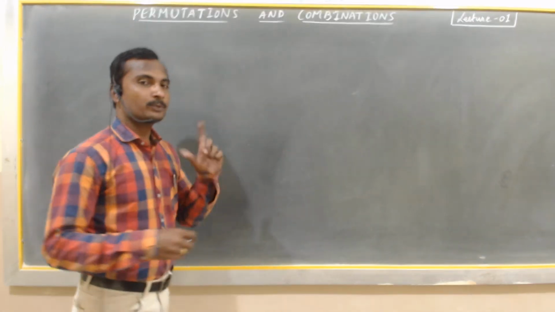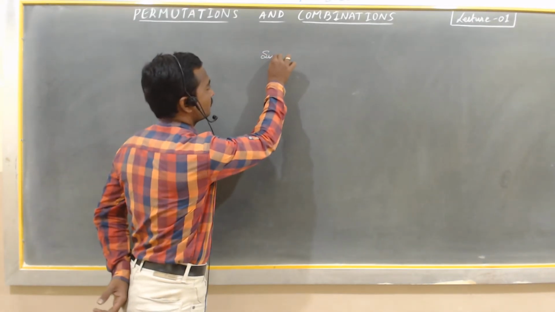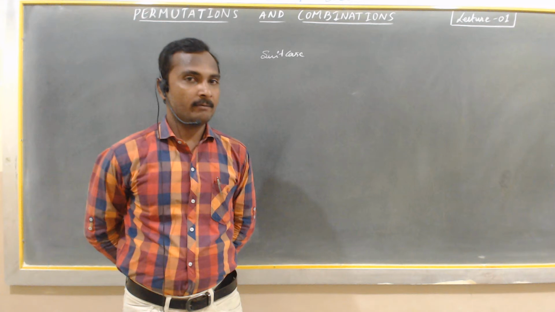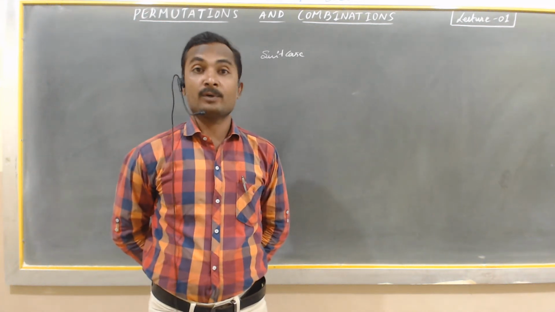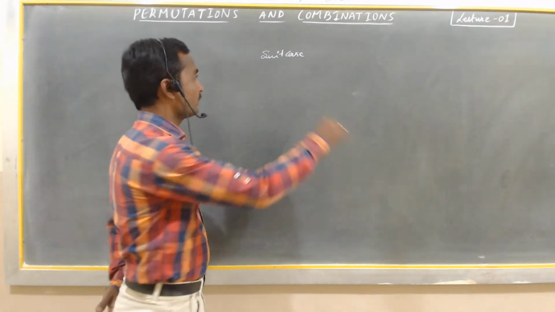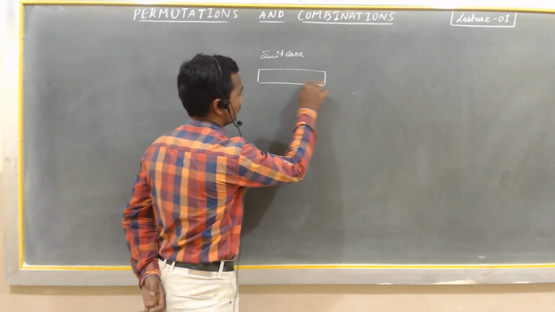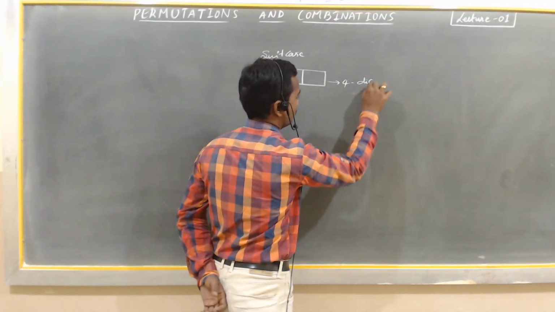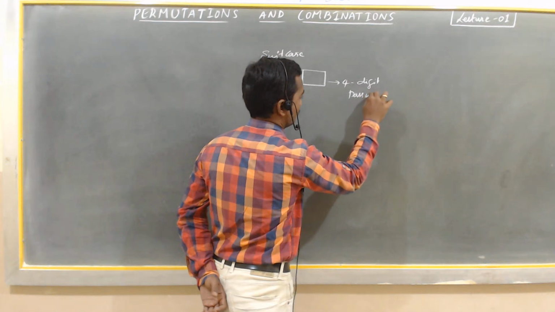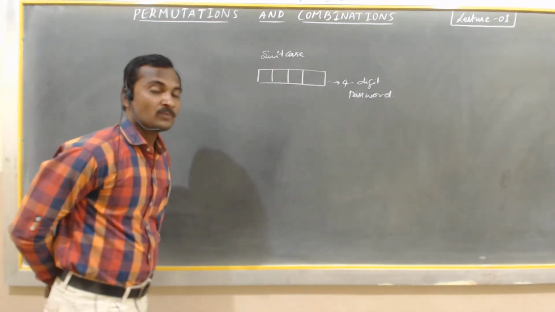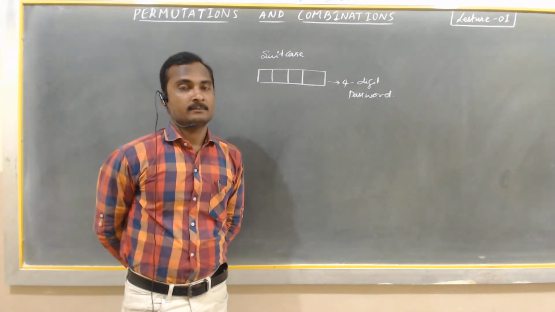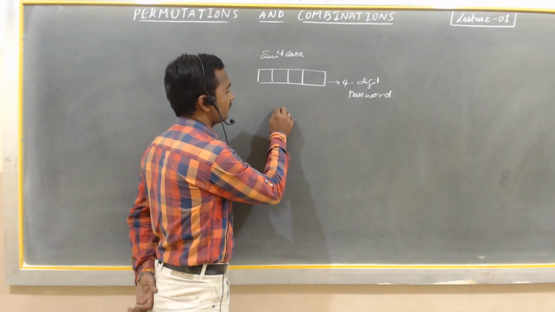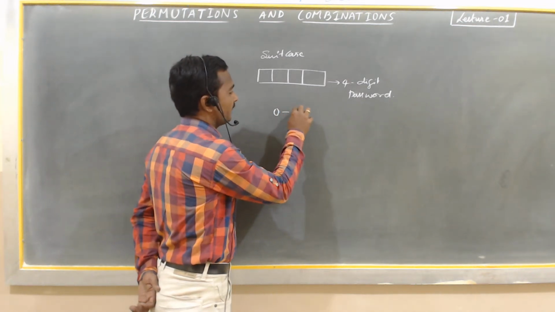Suppose I have a suitcase. I have a suitcase with a 4-digit password. And if I have a facility to enter the password from the numbers 0 to 9, that is